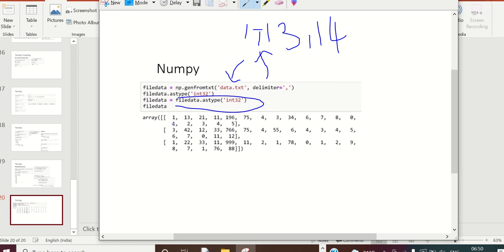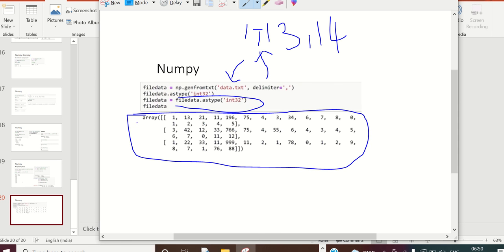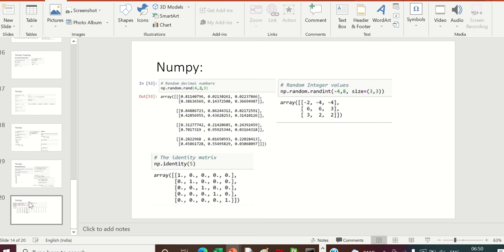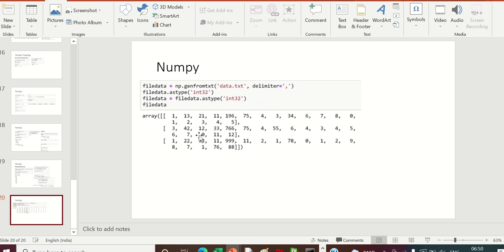Now your file data will have this array. This is your data now. It has copied this from a text file and created this. Once you have this, we know that we can apply all these features, and we can modify this, and also save it back into the text. Those things can also be done. The important thing here is to know that we can fetch information from the text directly and move it into an array. And once we have an array, we can apply all the features which we have learned.